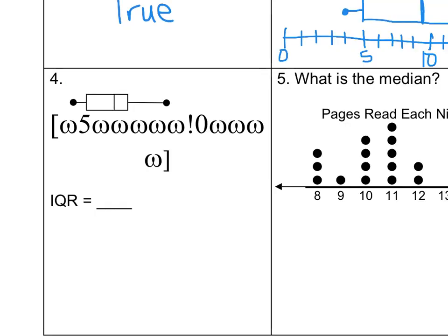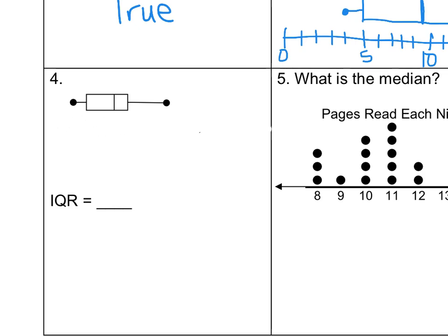I have no idea where to go on this one. So again, I'm right to think that this is the number line. And if we were to get rid of it, you know what? Hey, I'm assuming if you're checking this, you're checking your work and you'll go back and look at your work. So I'll give you a number line to try out. So you do it, you find the IQR based off my number line that I will draw right here. And I'm going to say my number line is going to go from 0 to 10. And that means that this right